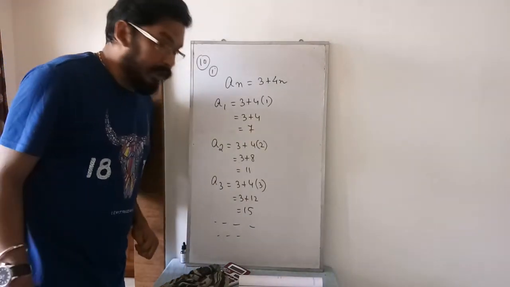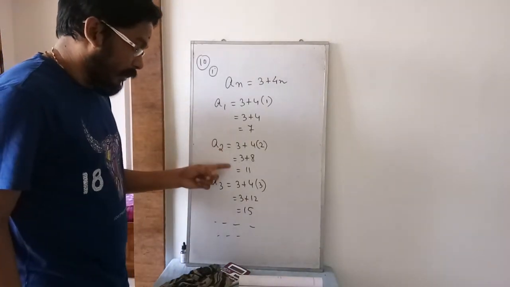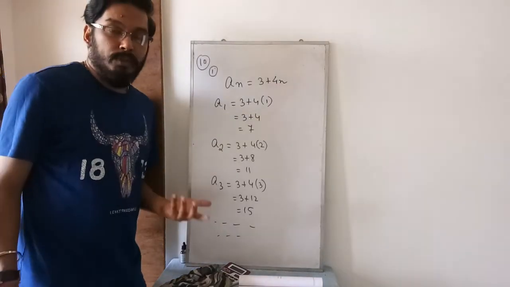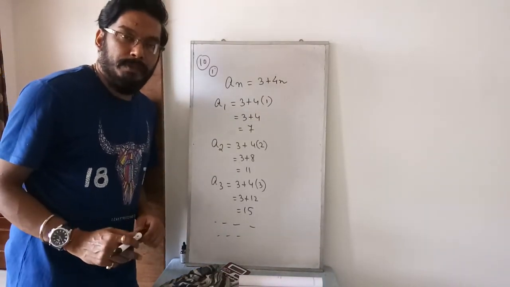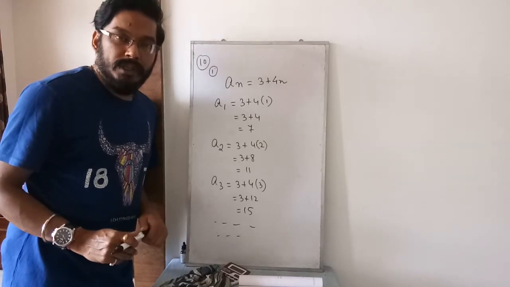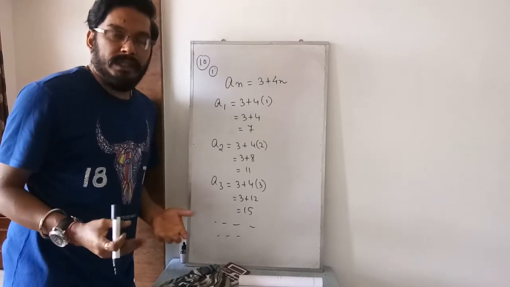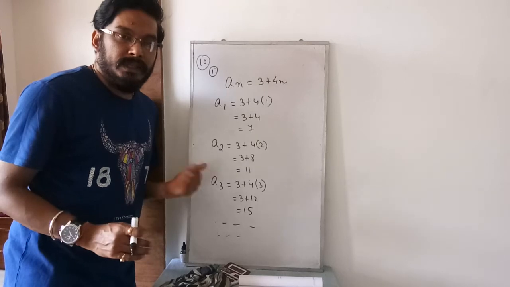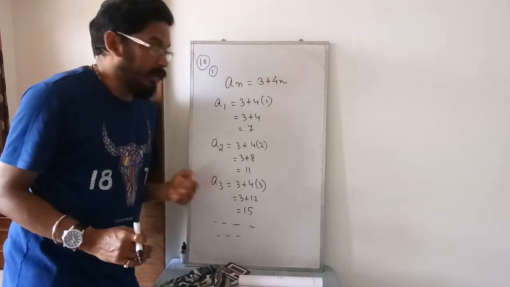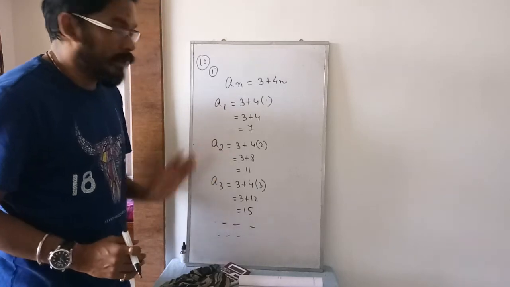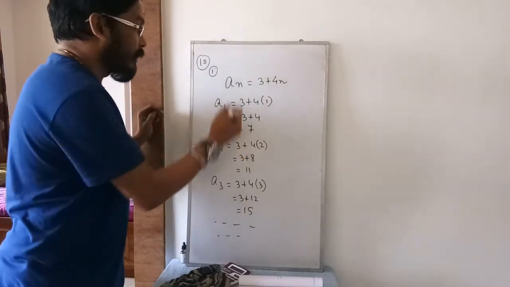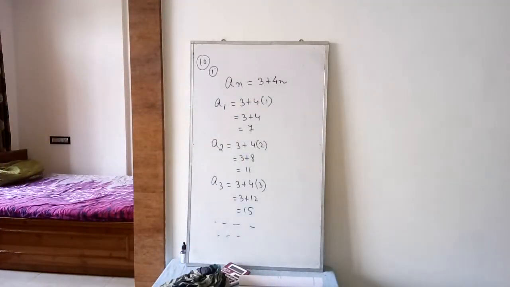I have to show that they form an AP. You see here 7, here 11, here 15. So what is the concept behind finding out whether a sequence is AP or not? Your common difference will be same. So what is the technique to find out common difference? Second minus first, third minus second. This way you have to proceed. So 11 minus 7 it is 4, 15 minus 11 it is 4. So here I will write. Take the screenshot. I will rub the upper part.